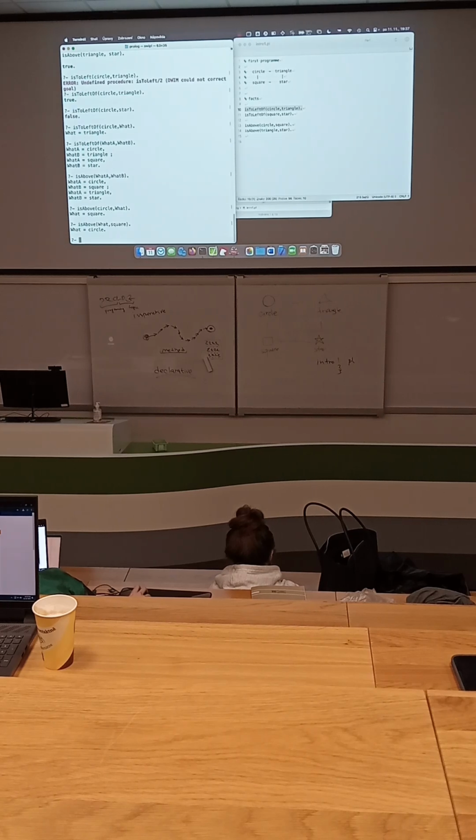If you type underscore, it is an anonymous variable, where you only expect that a value exists, but you do not need to know the value. No need for the value.